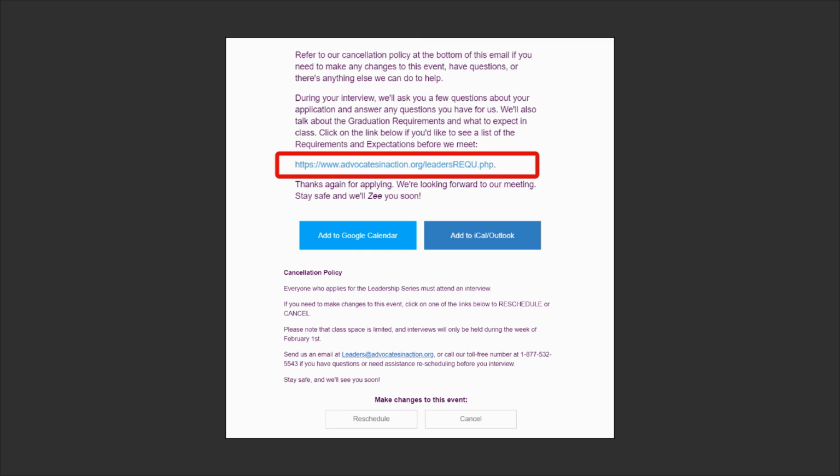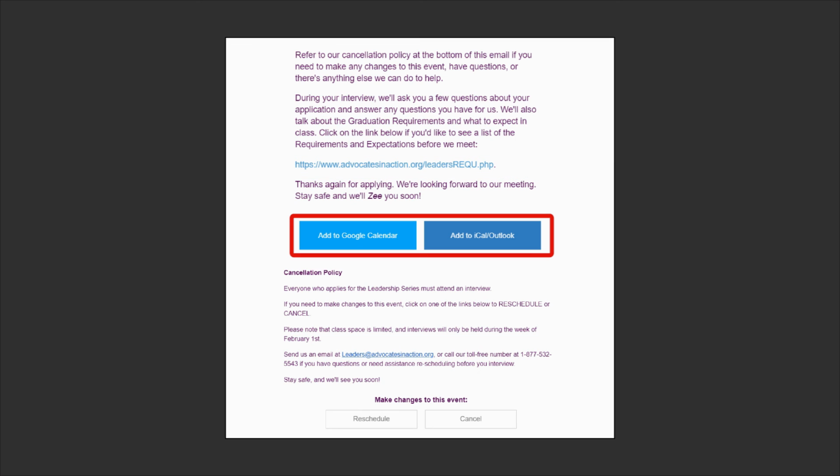So next you'll see, moving down the page, you'll see that it says in these two boxes, the light blue says add to Google Calendar and the dark blue says add to iCal/Outlook. So now honestly, if you don't know what that means right now, this is not the time to learn it. We're going to show you things like that in the class, but just for the short version, if you use one of those calendar apps, you can click on those buttons and it will add it to your calendar for you. But if you don't know what that means, don't worry.